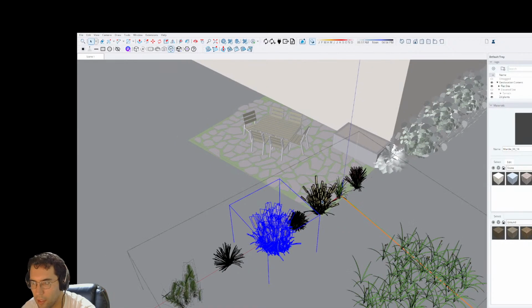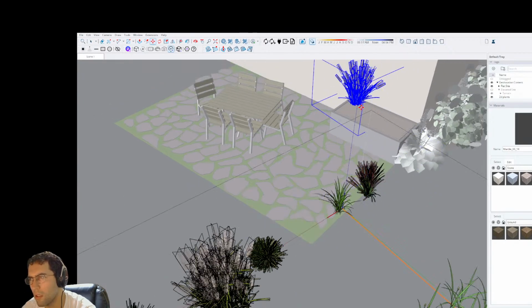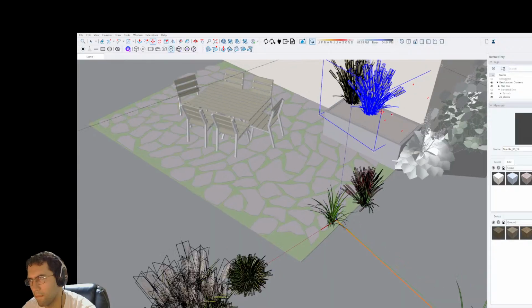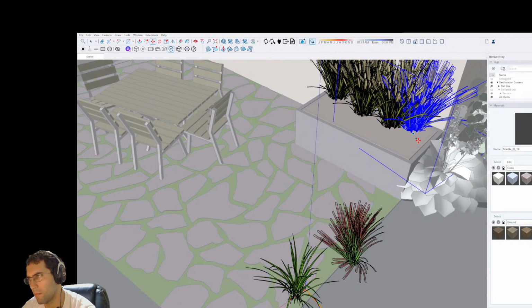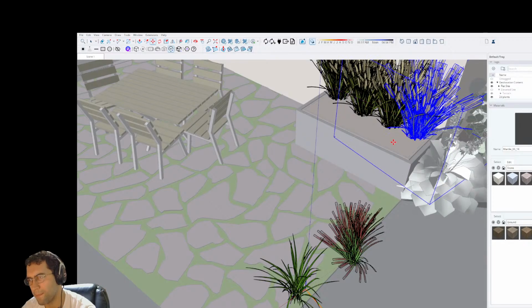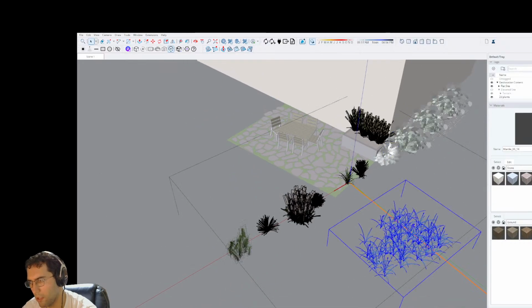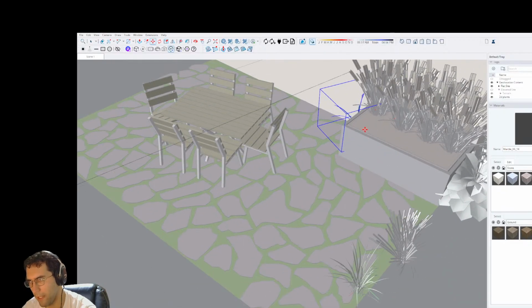We only want something like this. And of course we still want to give it a bit of personality, and still make it look like this is